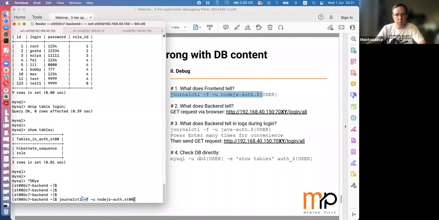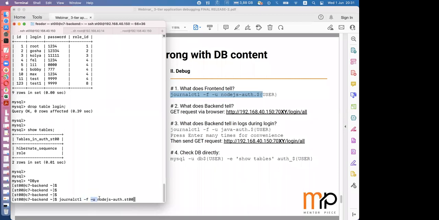manner. That's why we specify -f argument, and by